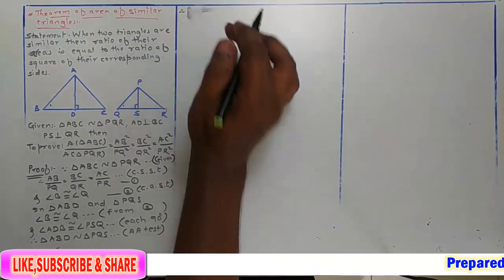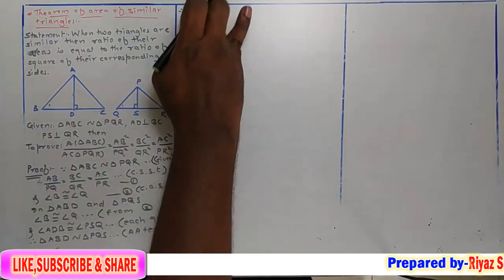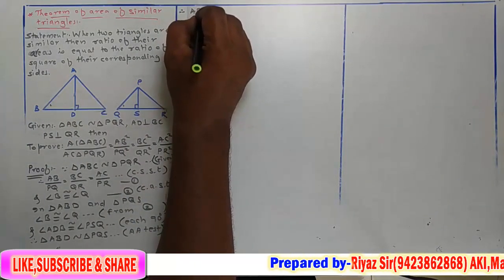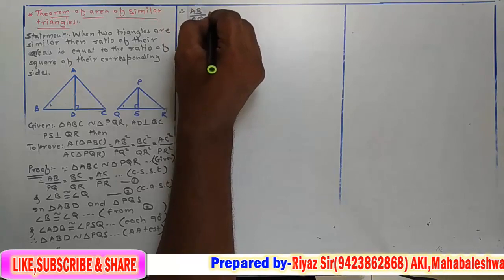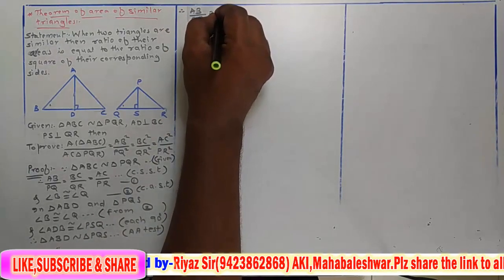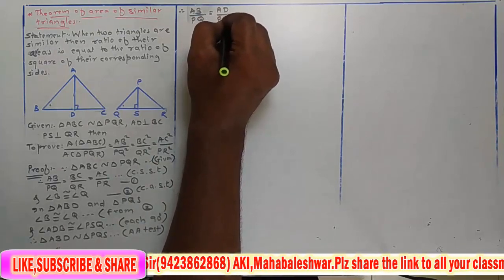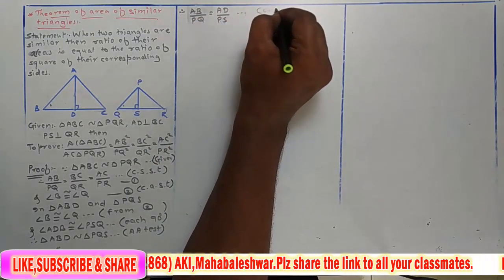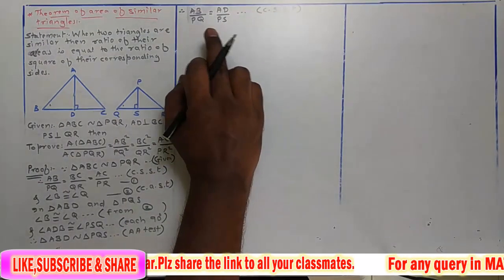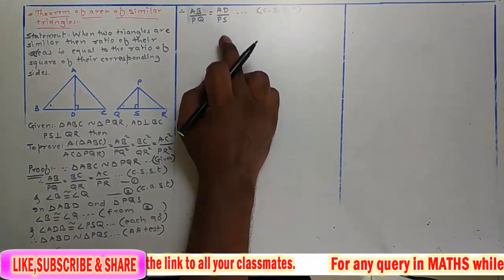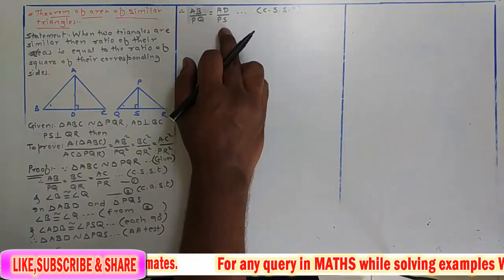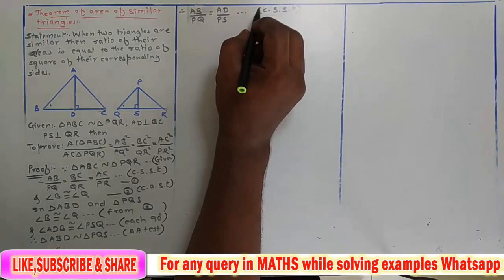Therefore here two triangles are similar, then their sides are in proportion. Then we'll take AB upon PQ is equal to, we take second side as AD upon PS. Right, reason here corresponding sides of similar triangles. Okay, दो triangles अगर similar रहेंगे तो उनके sides कैसे आएंगे? यहाँ पे proportion में आएंगे. AB upon PQ is equal to AD upon PS. Say this is equation number 3.